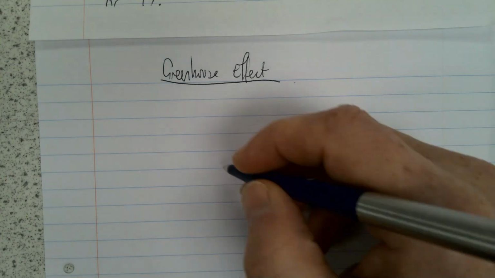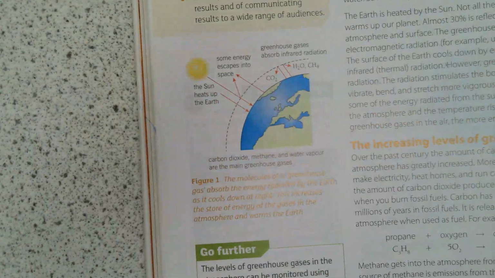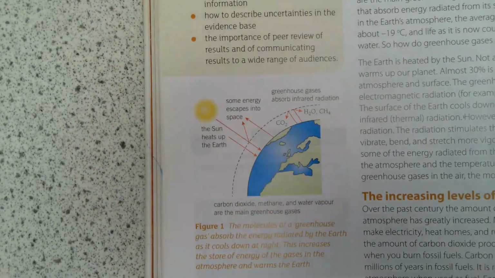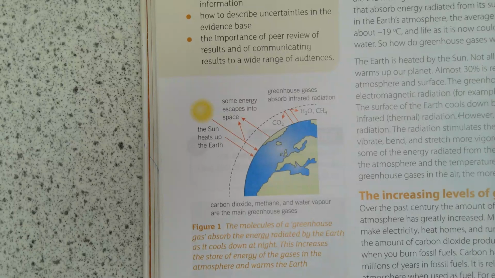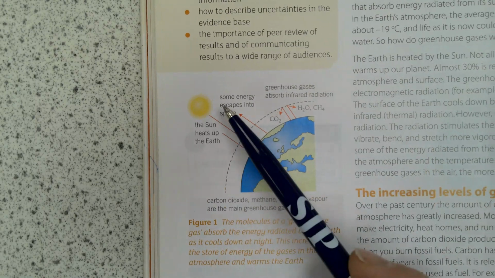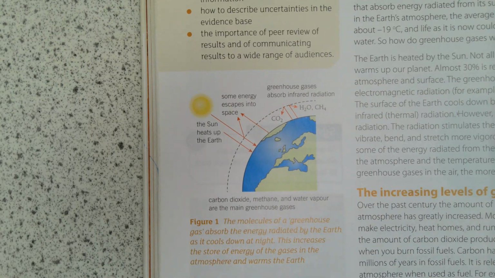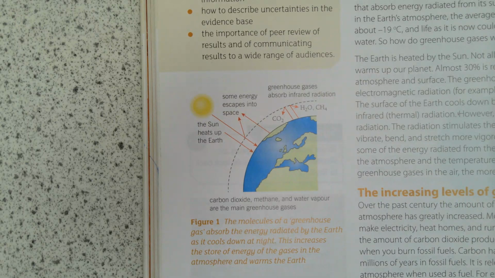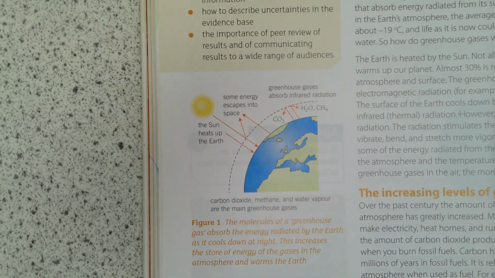Right, so the greenhouse effect. I'm actually going to use the textbook picture here rather than draw it, because that just takes too much time. You've already got this drawn, right, in your notes. I don't want you to sit and draw this again now, but I want to talk you through the processes, and what we might do is just write down the key steps that are going to get the marks in an answer for this. Usually, when reading answers to this, I find the quality just isn't quite high enough to get all the marks. So I'm going to give you a really clear thing that they're looking for when explaining what's going on here.